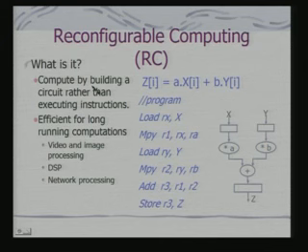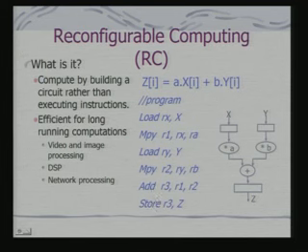So what is really reconfigurable computing? What we say is compute by building a circuit rather than executing instructions. Take for example a simple multiplication here, okay. I am multiplying the two elements by constants a and b, and I am trying to compute the result.